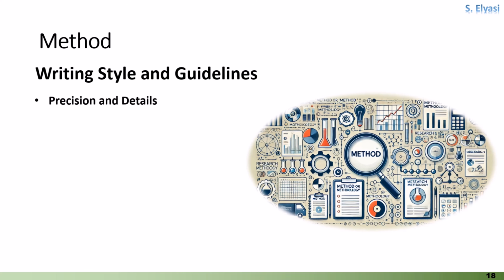Use precise language that leaves no ambiguity about how the study was conducted. Include specific models of equipment, software versions, and settings if they could influence the results. Write in a neutral, objective tone. Avoid making subjective judgments about the methods used. Present the methods in the order they were performed to help the reader follow the progression of the study logically. Depending on the complexity of the study, break the methods section into labeled subsections. This helps organize the information and makes it easier for readers to find specific details.